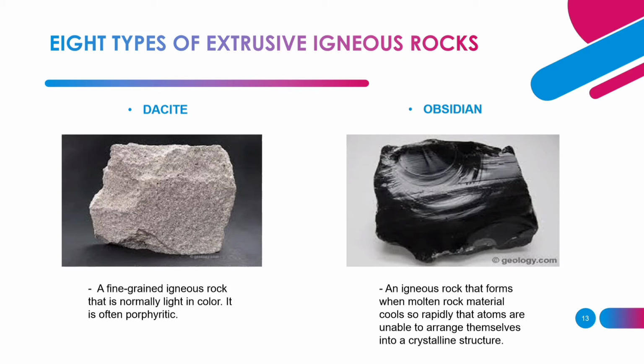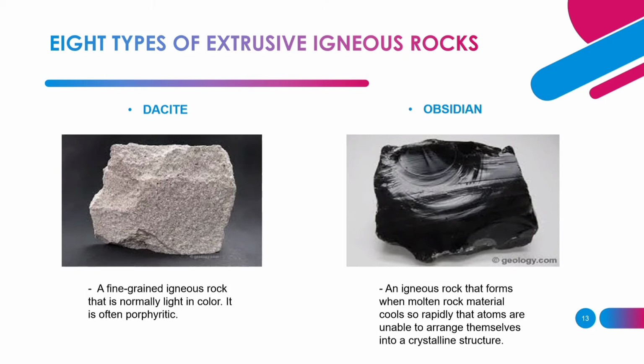It is often porphyritic. Dacite is found in lava flows, lava domes, dikes, sills, and pyroclastic debris. It is a rock type usually found on continental crust above subduction zones, where a relatively young oceanic plate has melted below. Next one is the obsidian, an igneous rock that forms when molten rock material cools so rapidly that